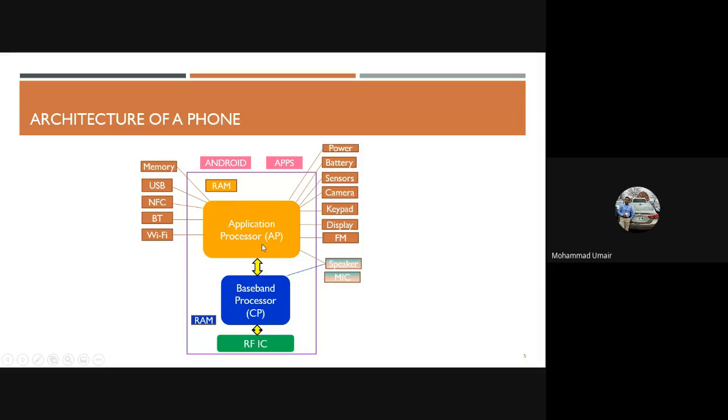Because the amount of data flowing here is much more than flowing here, because here you also have a lot of control messages that are flowing. We'll talk about it in the later terms. So this is all about AP. Finally, the only prominent component that CP has is an external SIM card, and the prominent component with the RFIC is the antenna. So this is how your entire phone is organized, and a lot of effort goes into designing and placing these things,